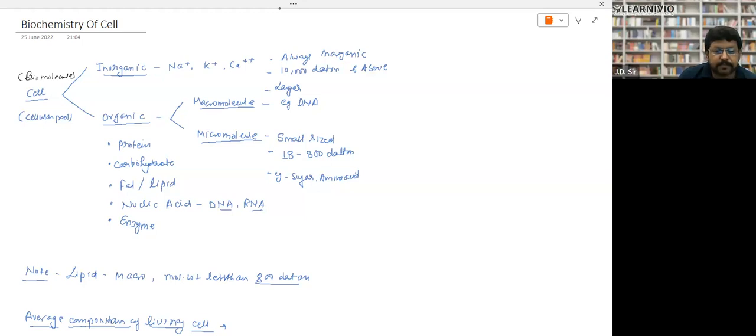Micro biomolecules are small sized, simple chemicals that have low molecular weight, in between 18 to 800 Dalton. That is, less than 1000 Dalton. Next,